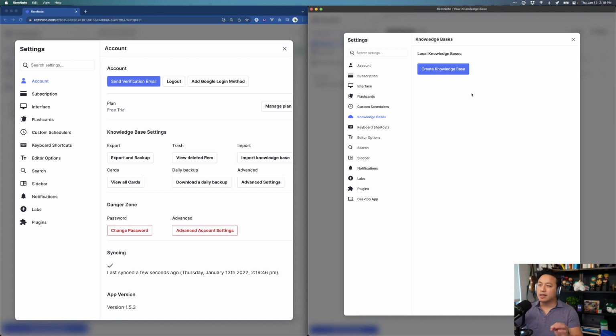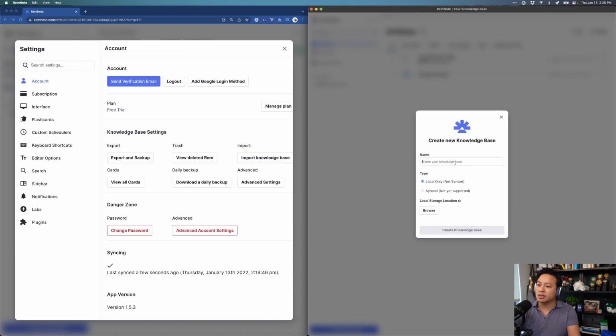So clearly, we can see now that at least at first glance, the difference is that if you want to use RemNote in a purely local first way, then local first is technically impossible. The moment you sign up for an account, you are kind of bought into their cloud service, at least to start. And then you have to be more intentional. So we can see here, we can create